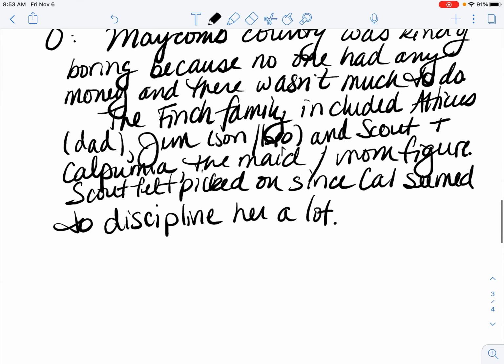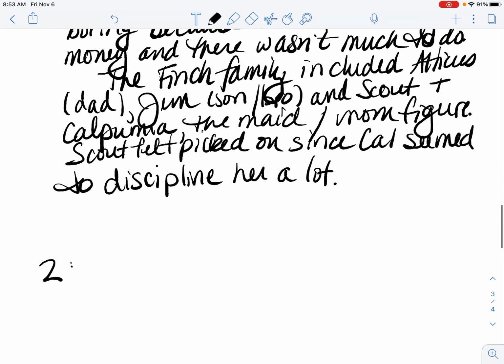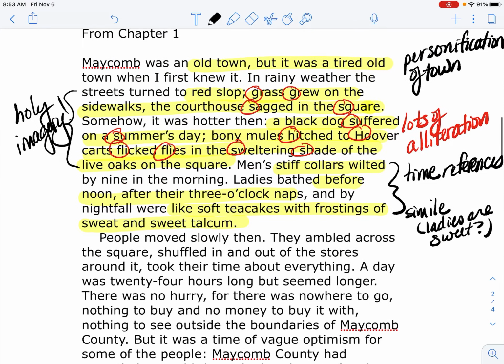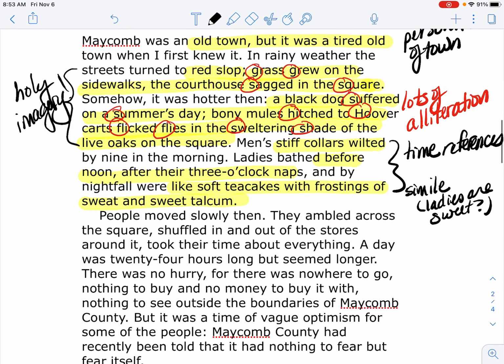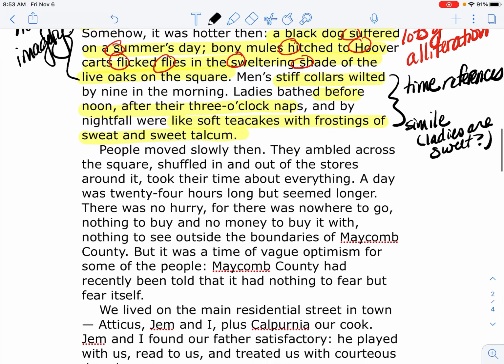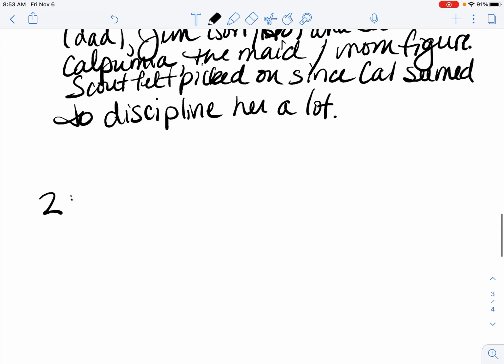So step 2 is going to be the explanation. And so I'm going to be referring back to that. And let's say I'm going to look at the imagery and the alliteration. Those are the 2 I'm going to focus on. So Lee uses imagery to